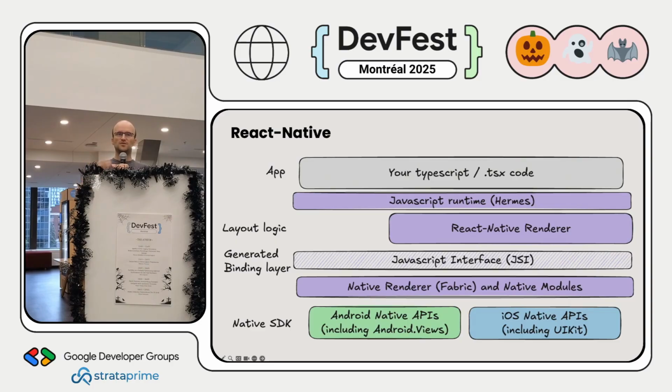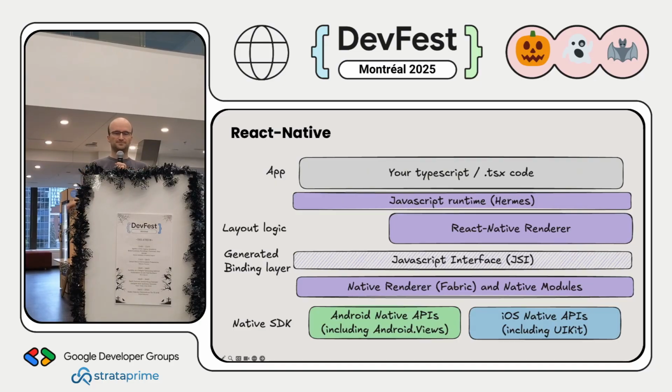So you have more of a type-safe communication between this and the underlying operating system with the native renderer and native modules. Native modules is a little bit like the embedder on Flutter. It interops with the native APIs, and the renderer Fabric is more on the drawing engine side of things. And it leverages those native APIs a lot because, as we said earlier, React Native really displays true UIKit and Android views on screen. So it's using the native APIs not only to access Bluetooth, but also to create those elements and display them